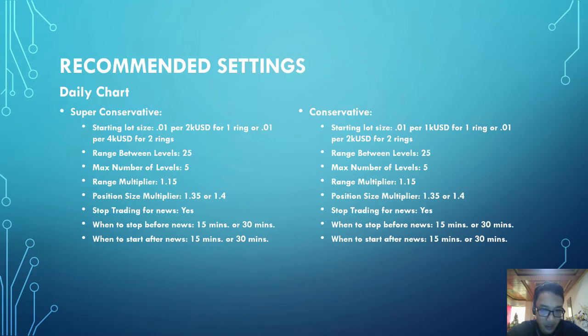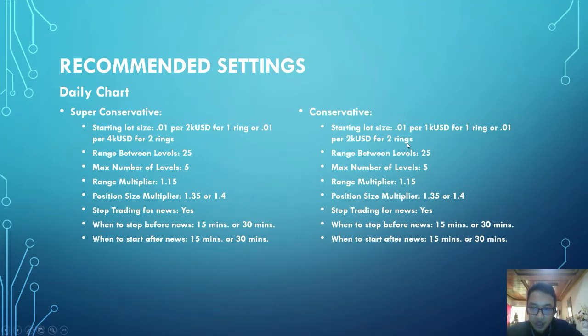And when it reaches 5 orders, then we change the max level and we adjust the multiplier so that our account would have much lower drawdown rather than the current settings. So yeah, just set it to a max number of levels of 5. I'm going to be sharing more regarding that in my next video, which is drawdown management. Then for conservative settings,